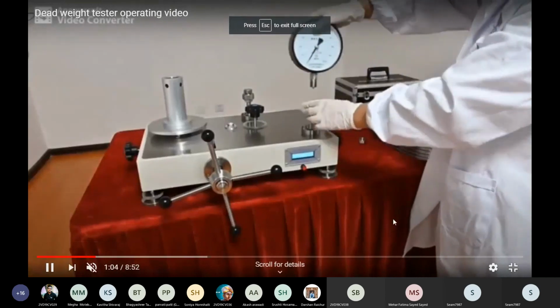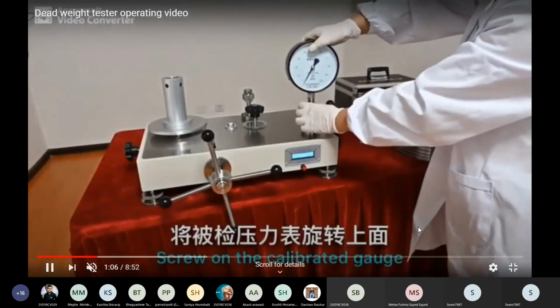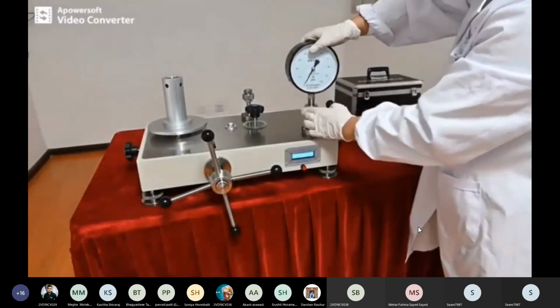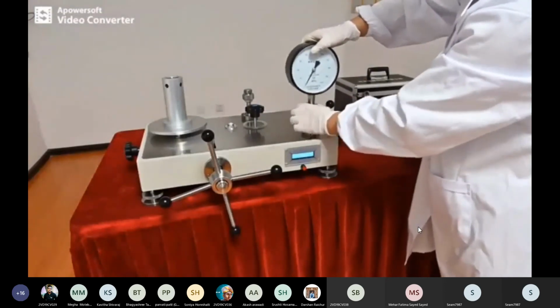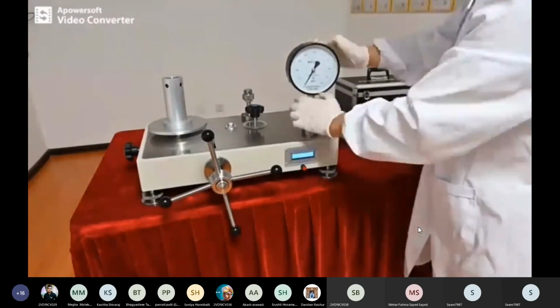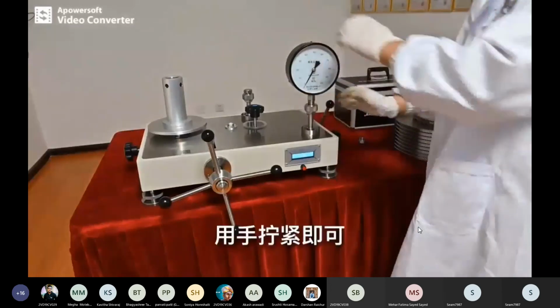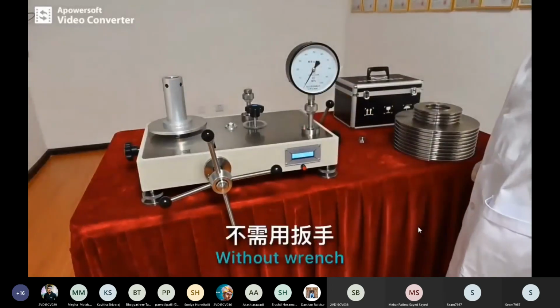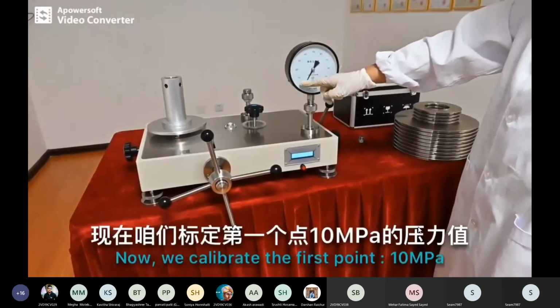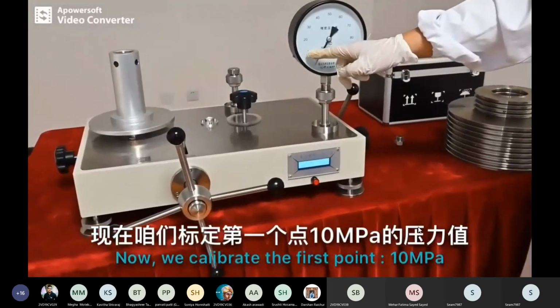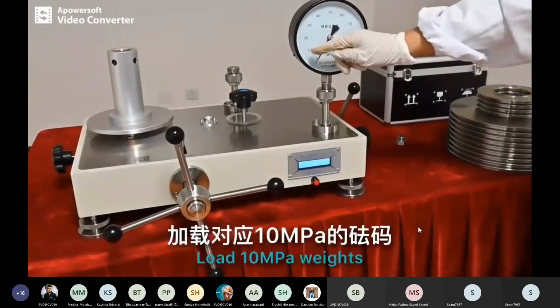This is how we are going to fix the gauge. Those are nothing but the graduations.